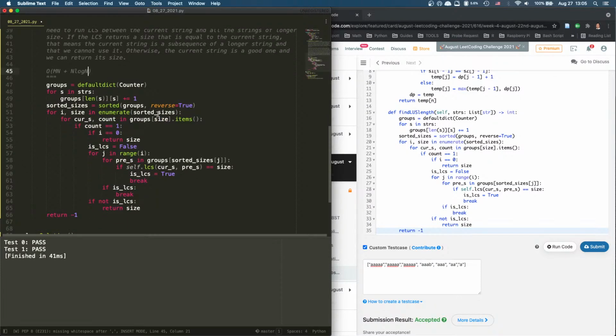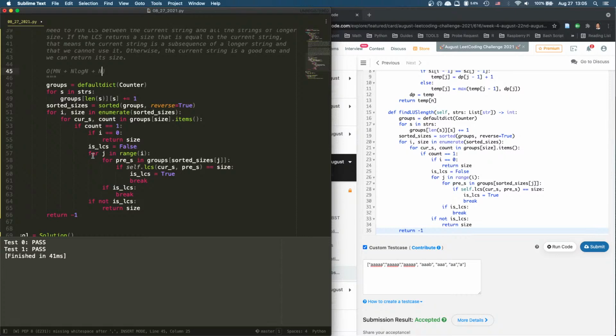Then we go through this sorted list, which is n, and within that, we go through every single one, and then for every single one we have